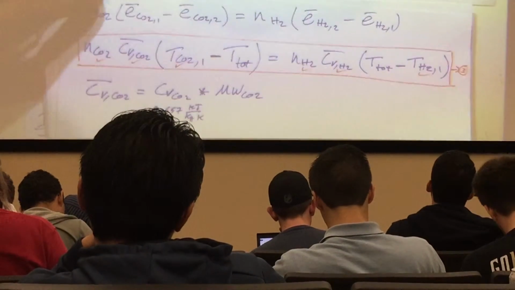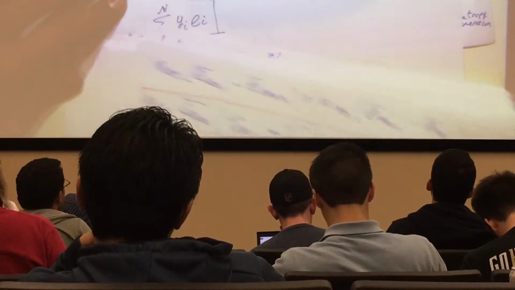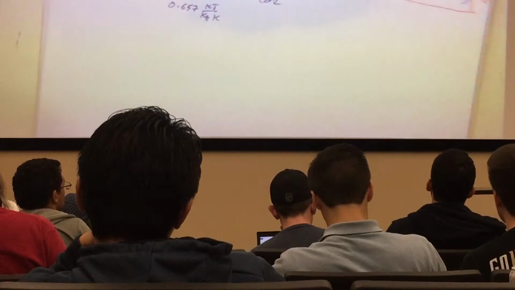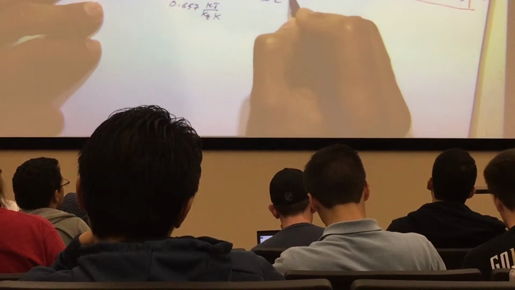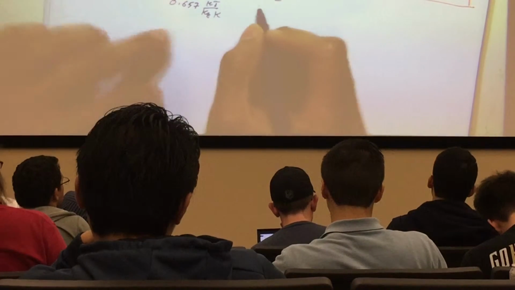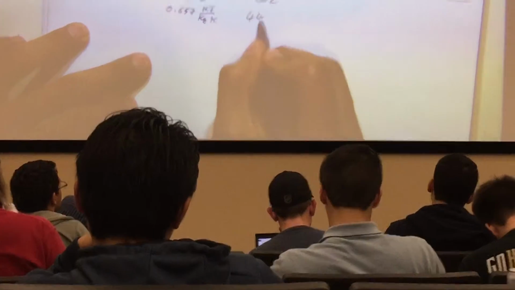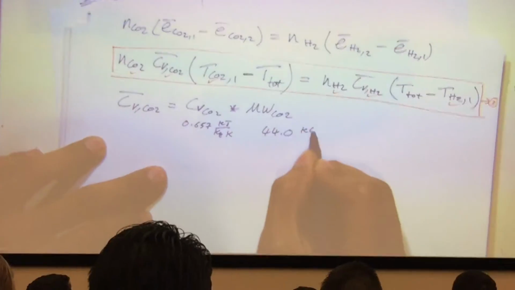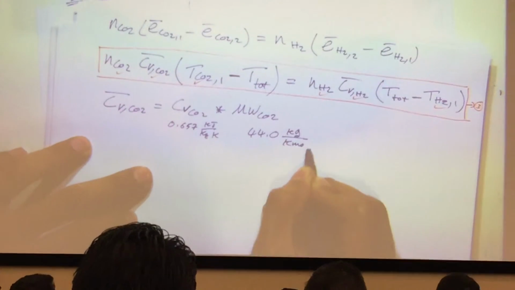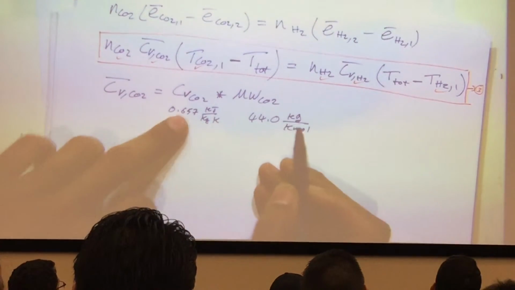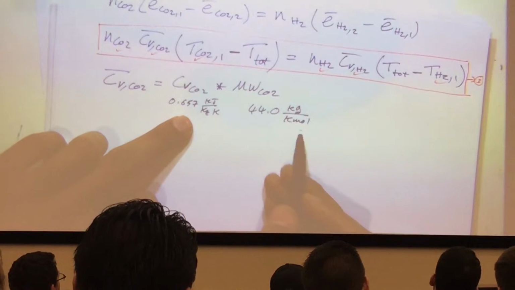Now, the molecular weight, what is that in terms of? Kilograms per kilomole. So for the molecular weight of CO2, it's 44.0 kilograms per kilomole. So if I multiply it, the kilograms are going to cancel, and